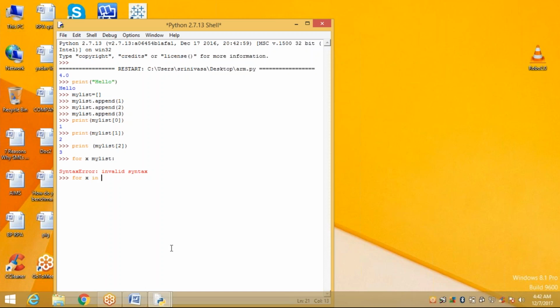For x in my list, print x. These are the total values we have in our array, so that is 1, 2, 3. So this is where you can practice it. Okay?